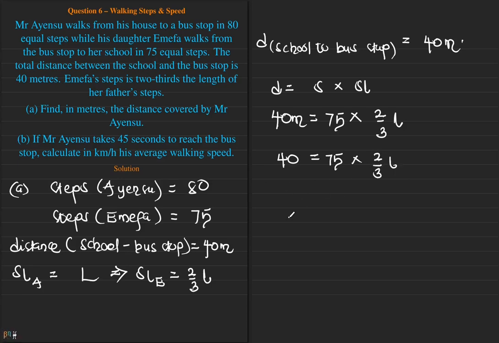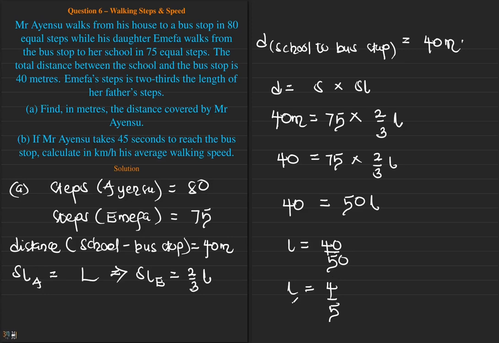We are going to simplify what we have here. So we have 40 is equal to 3 divided into 75, 25, and 25 times 2 gives us 50. So we have 50L. Making our L the subject, we have L which is equal to 40/50, which when simplified gives us